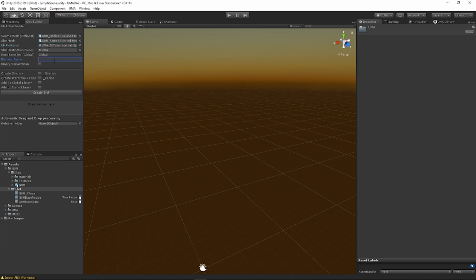The element name, I'm going to call this G8M underscore arms. Okay, so that's what the actual slot is going to be called. Because this has got morph data in it, the file can be quite big, so I'm going to turn binary serialization on, and this will reduce the size and make it a bit faster. I'm then going to say I want to create an overlay as well to hold my textures, and while I'm on, add those to the global library so I don't have to go ahead and drag them over in here myself. Okay, looks good. If I hit create slot,